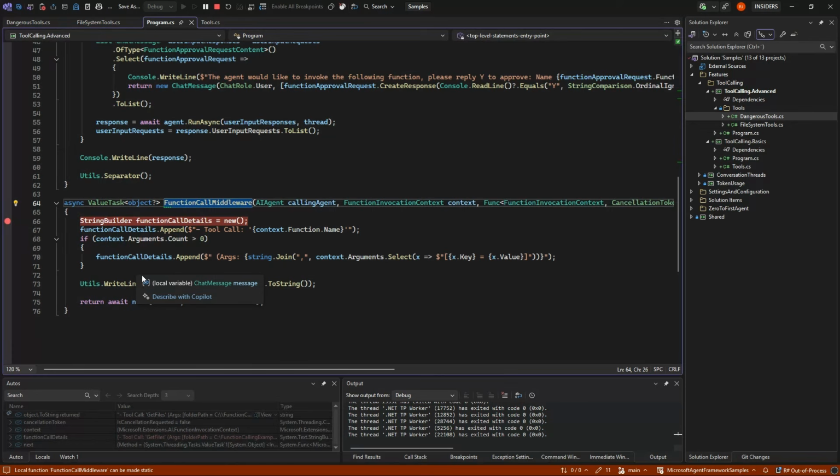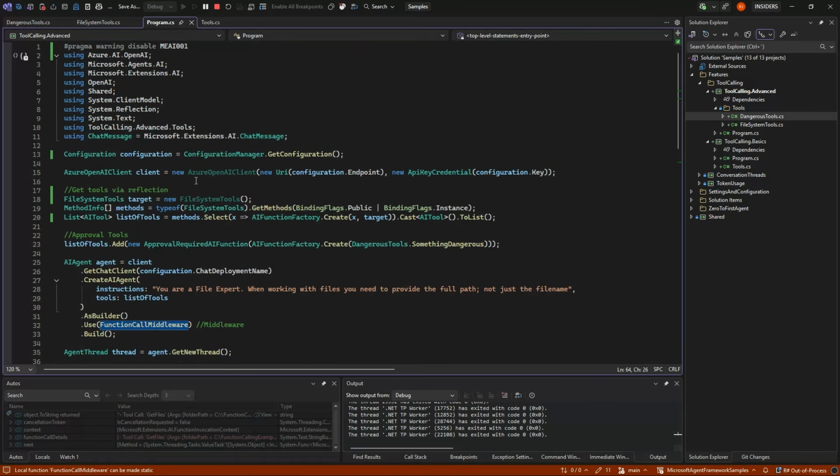Oh, it was because it called it with this wrong input value or something like that. So highly recommended to at least put in the middleware, and all depending on what you need for the rest of it. So with that, that was everything for the advanced part. See you in the next one.